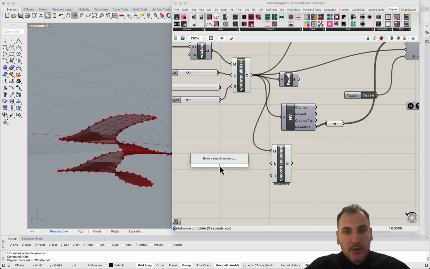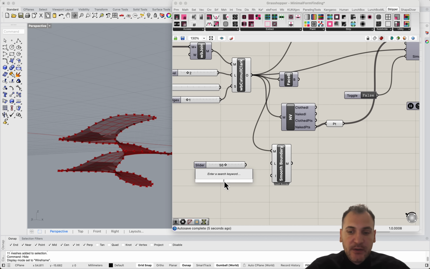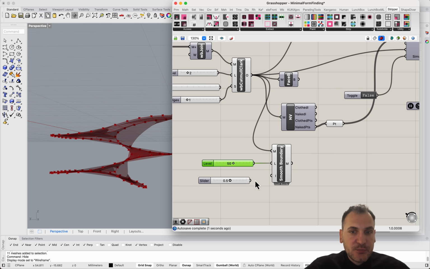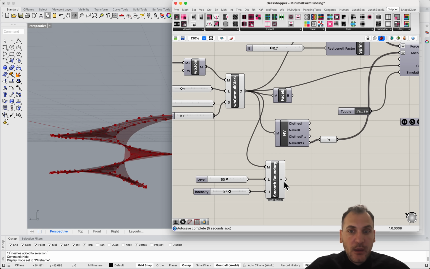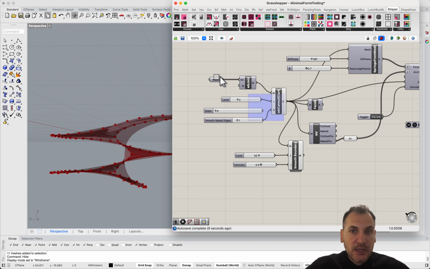So for smoothing, you need to do kind of an iterative process. So let's say we want to run 50 levels of smoothing and we want to have an incremental parameter, an intensity, it's called. So if it's 0, it won't do any type of smoothing, but if it's at 1, it will do the maximum amount of smoothing. So I'm going to keep it at 0.5 and do 50 levels. And then if you basically replace all the mesh connections here,